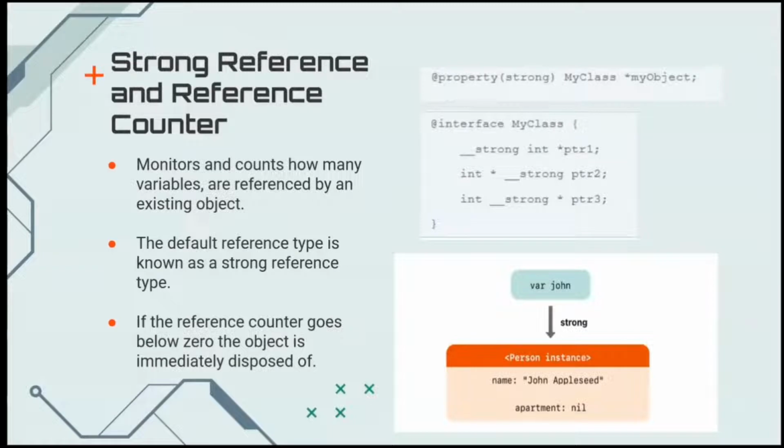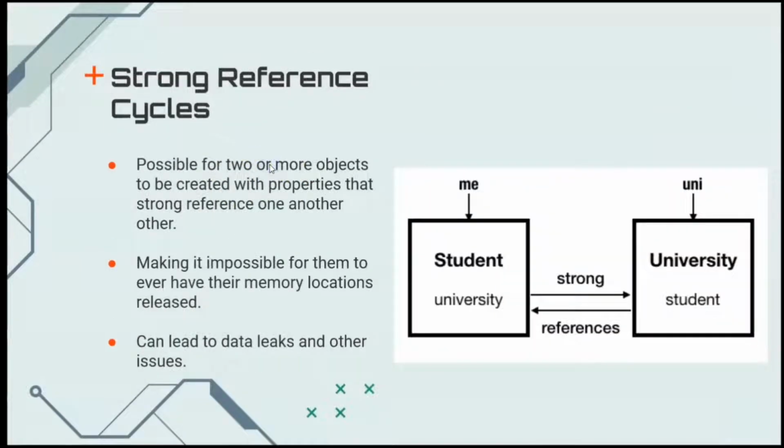If it finds a strong reference, the counter is increased. If one's removed, it's decreased. If it ever goes below 0, the object will be disposed of, and if it is above 0, it will never be disposed of. So this creates a major problem because, as you can see, you can create an object